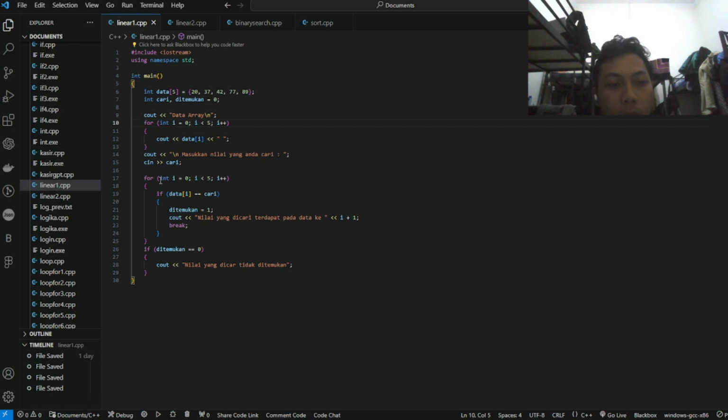So the conditions, we input the integer I equal 0 and I less than 5 and increment I, and it will loop until the next condition, if condition with data with I index is equal or same with find. So it will next into the find it equal by 1 and print out